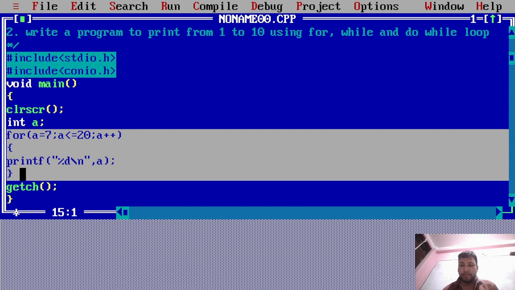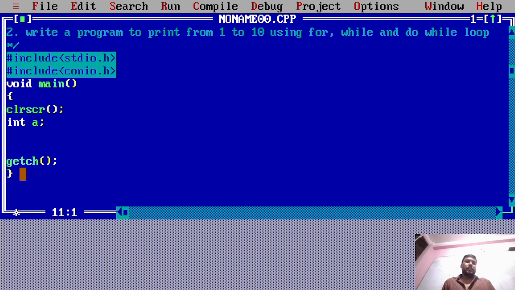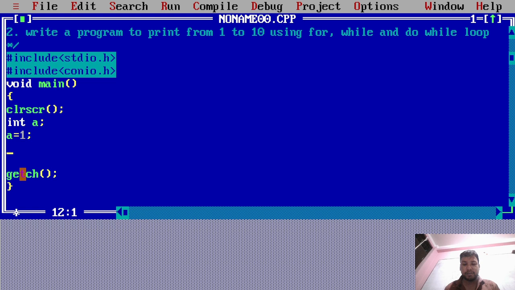Now print 1 to 10 using the while loop. We need to initialize a variable a equal to 1. The while loop does not contain the initialization of the variable, so we need to initialize the variable before using the while loop, and we need to give a semicolon at the end of the instruction. While a is less than 11, this block of code will execute, and what do we need to write in this code? printf